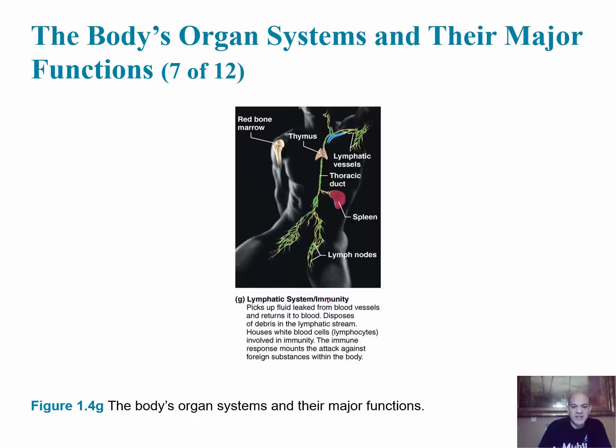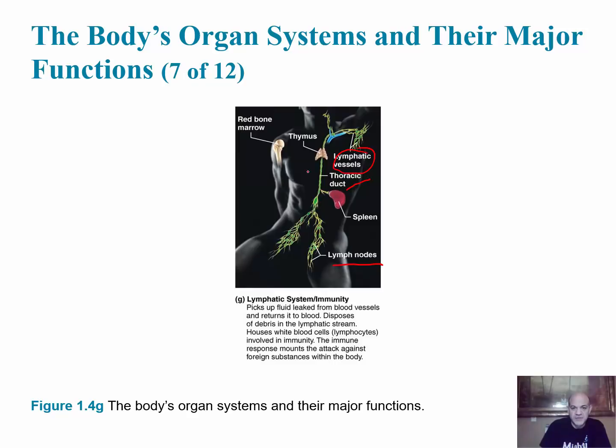And then we have sort of a combination of two systems. Here's the lymphatic system and the immune system, where immunity is closely connected to the lymphatic system. The lymphatic system is going to have a whole other set of vessels, not blood vessels, but lymphatic vessels. So they've drawn a few here within the body. These are some of the major or main lymphatic vessels. One of them, for example, is called the thoracic duct, but overall you just call them lymphatic vessels. And then there are lymph nodes, and lymph nodes are structures that serve as filters